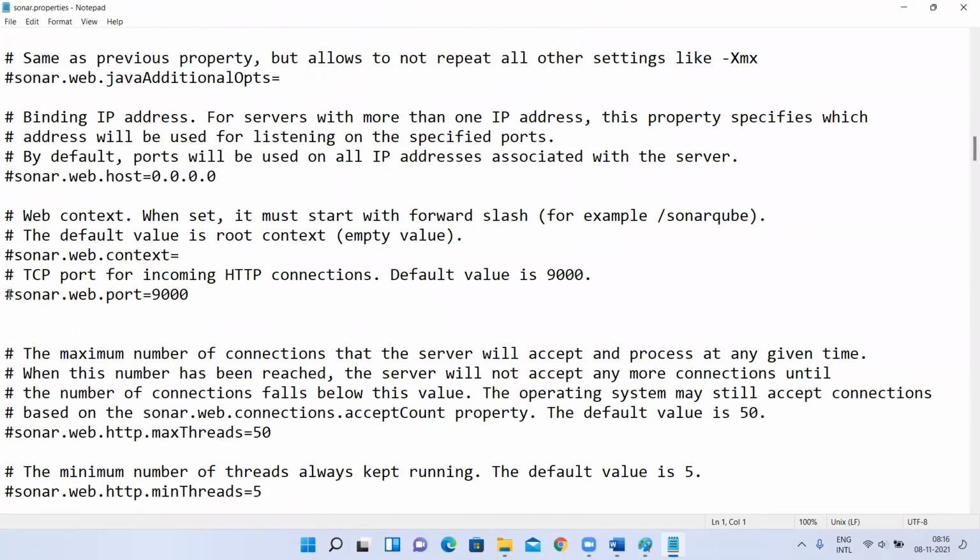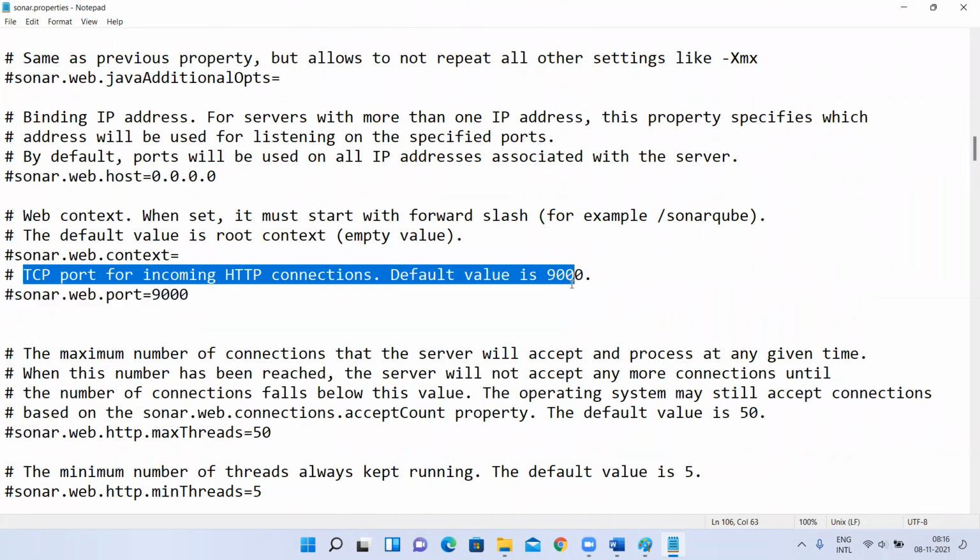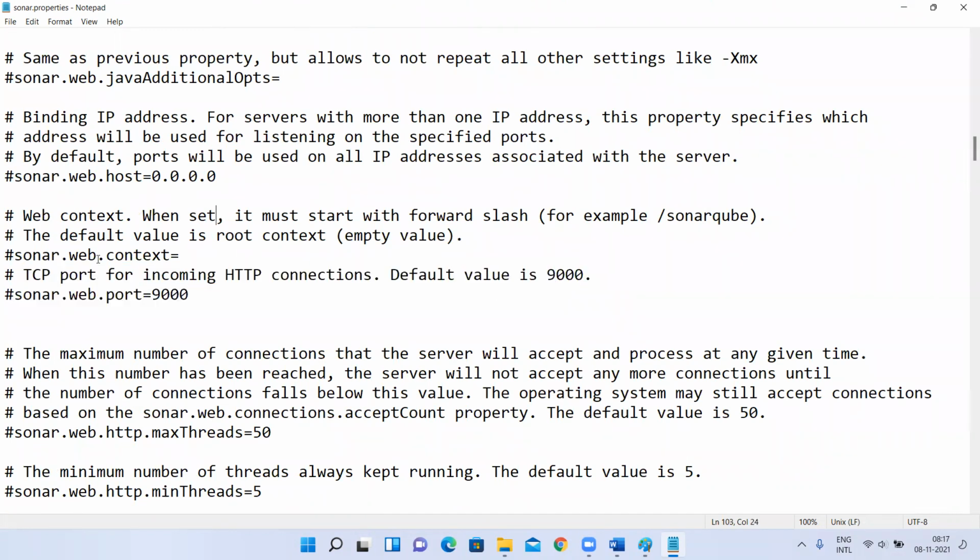Here, sonar.web.port: TCP port for incoming HTTP connection, default value is 9000. The default port number of your SonarQube server is 9000.